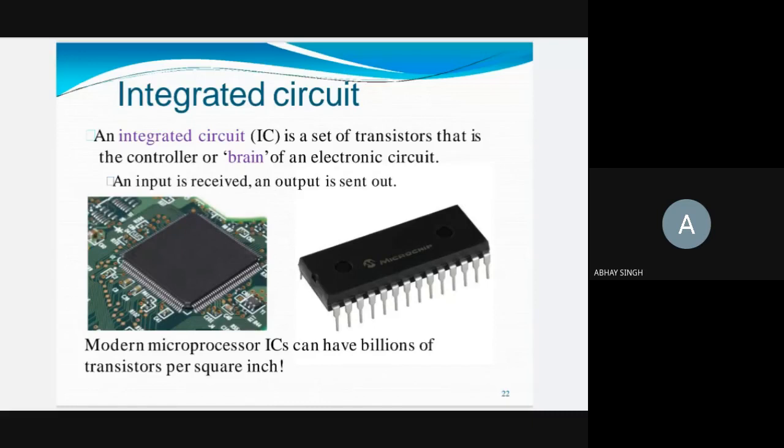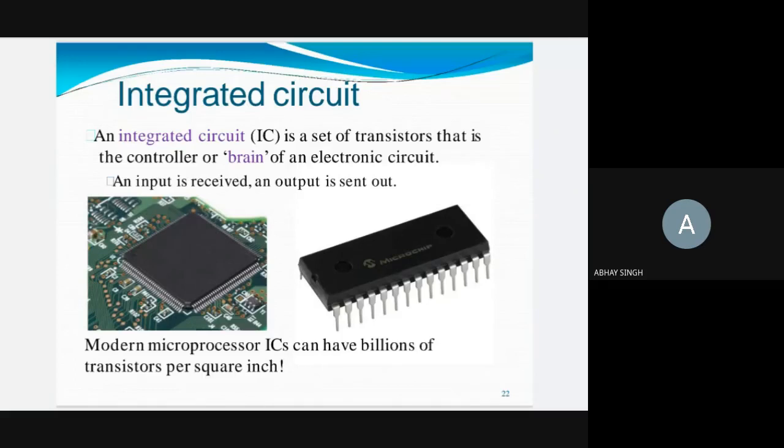It is the controller brain of the electronic circuit, because it can do a lot of logical operations. It can analyze, multiply, divide, do all the mathematical operations, memory, and digital signal processing. All the processing can be done by today's ICs. They can be called processors, microcontrollers, microprocessors, digital signal processors, DSP processors, RAM, memory, a lot of options. All the latest artificial intelligence is given by the processing ability of the ICs.